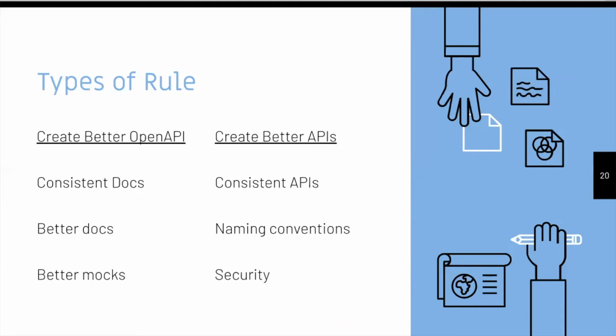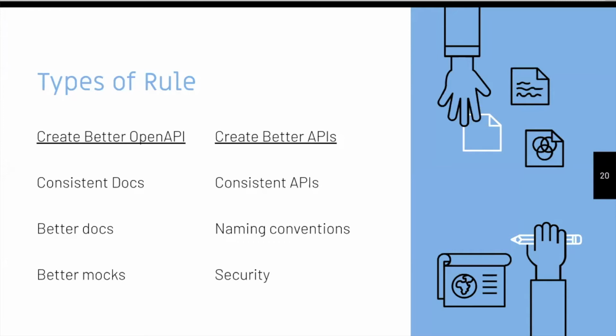So there are a couple of different things you might want to lint in your style guide. Some of that is around making better OpenAPI, and some of it's around making better APIs. So there's making rules about the meta information, and there's making rules about the information itself. Making better OpenAPI might be all about making your documentation look more consistent or look better, or creating better quality mocks because you're using more of the OpenAPI keywords in order to create a more useful mock or more useful documentation. So for example, you need to use description fields. You can make it error if you don't have description fields on your parameters, and if you don't have examples or defaults. That would make mocking better.